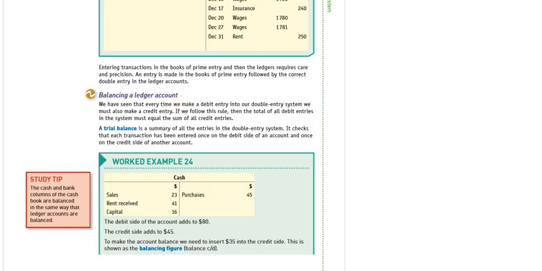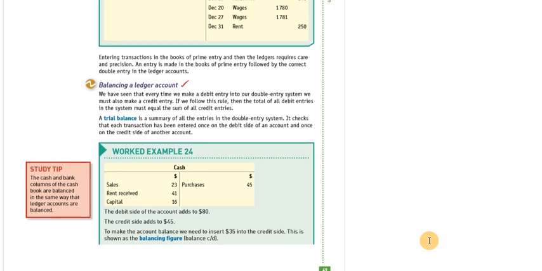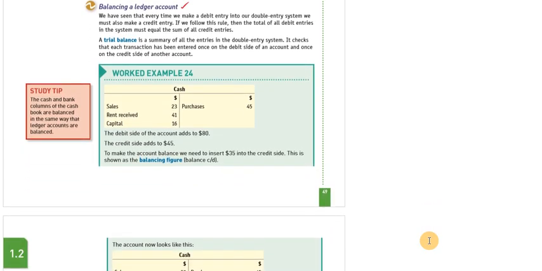Balancing a ledger account, we have done this. What does it mean? For example, we have a cash account, cash ledger. We receive 23 as cash, 41 as cash, 16 as capital, and we add this 23 plus 41 plus 16, and credit is the minus. So we minus the 45. So here is the balance. The balance will be called the carry down. The carry down balance automatically will be the brought down of the next month, next year, or next day. So this is called balancing a ledger account.